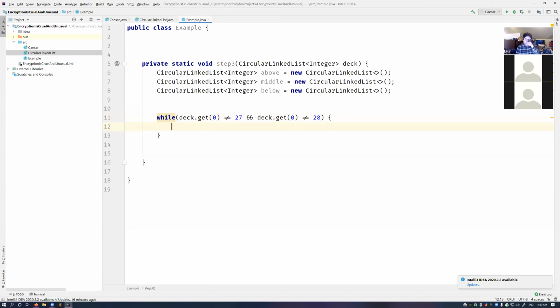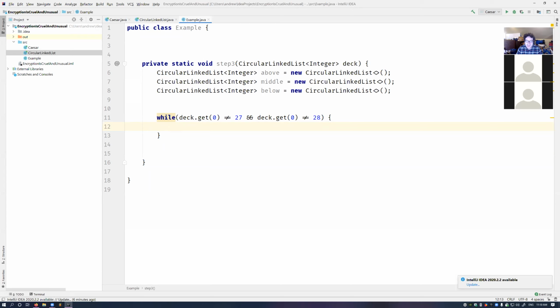Same with 28. But if 1 is not equal to 27 and 1 is not equal to 28, this will work. So while deck.get(0) is not equal to 27 and not equal to 28,